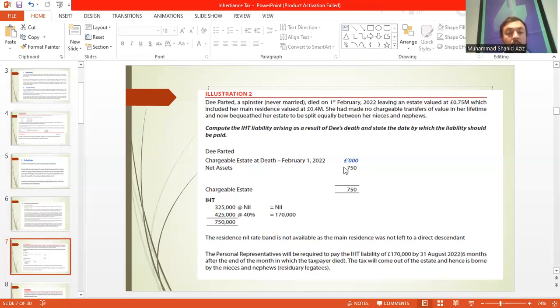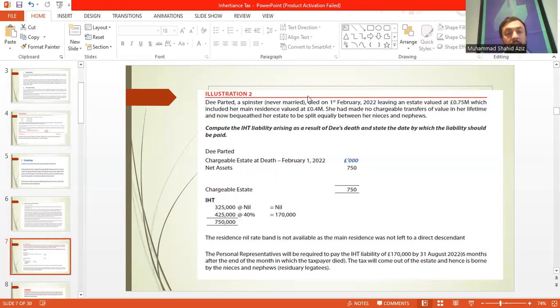So the total estate is 750,000 and 325,000 pounds is the nil rate band. So there is no inheritance tax on this portion. On the remaining 425,000 pounds, there is a 40% tax. So the total tax payable to HMRC will be